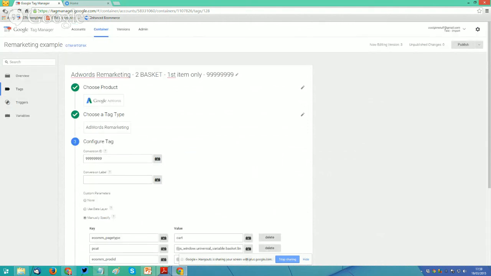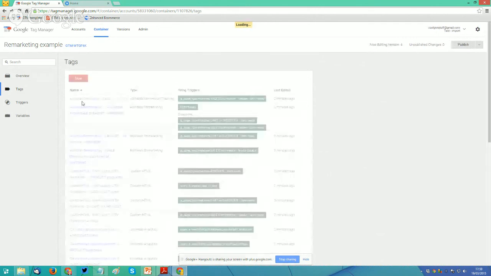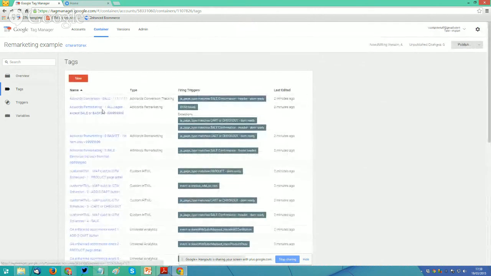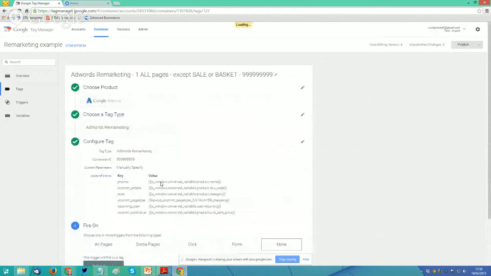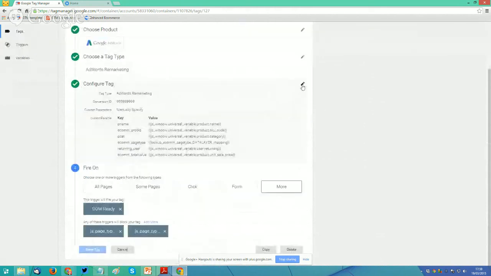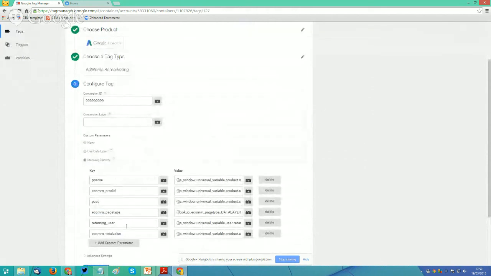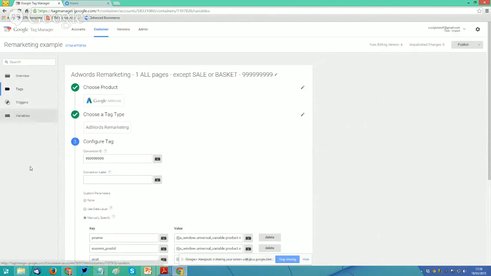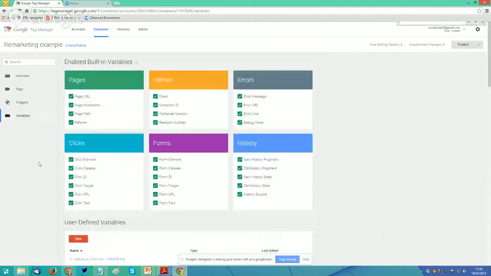If I go into the other one, which is running on all pages, not just the basket, you'll see that it's now dynamically determining what type of page it is. On that one, on page type, it's looking at the data layer and seeing, okay, this one's got a page type of product or category, and it remaps it to the Google page type names. So it's this one, down here.